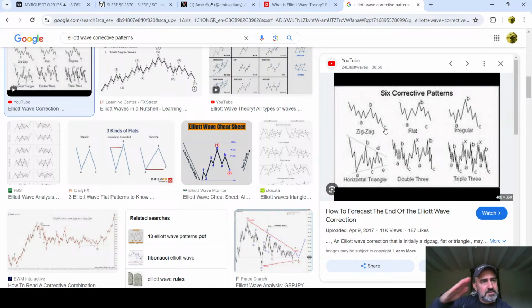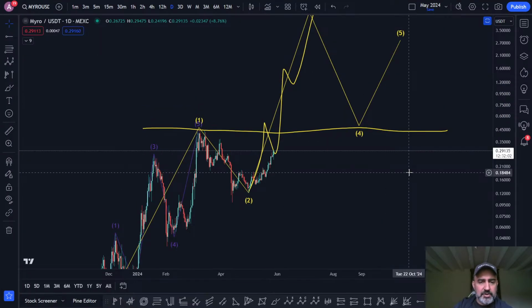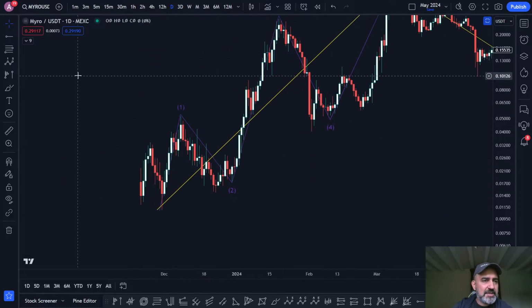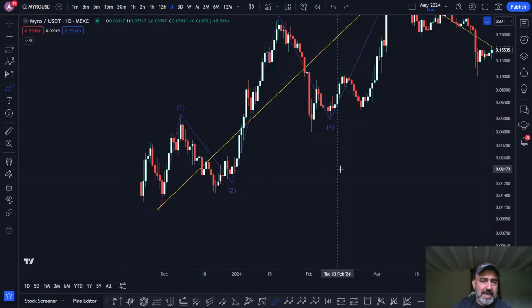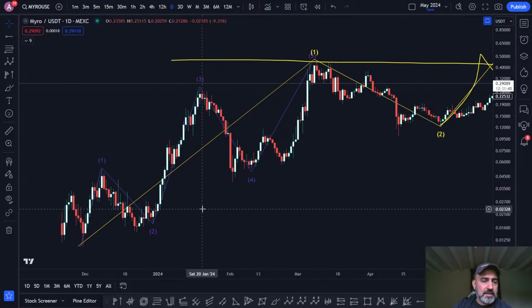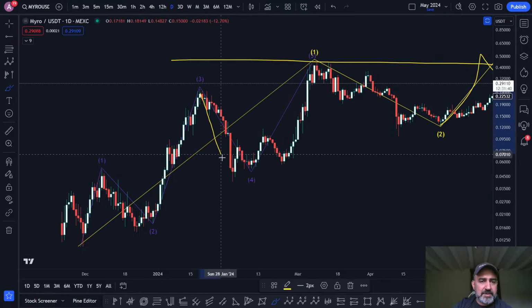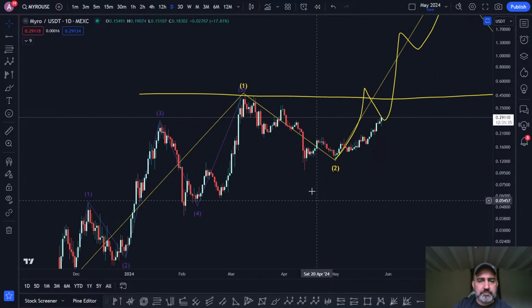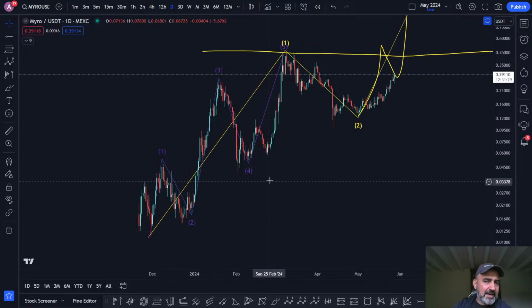Zigzag is when it's quite steep. So when you're looking at this, you're going, well, this is quite steep. It could potentially, this is probably some sort of zigzag. Yeah, you could probably count lots of ABCs there. This is quite steep too. Got a couple of steep corrections. This is probably some kind of zigzag too. And maybe we're seeing some kind of zigzag here as well. I'm not seeing many flat corrections here.